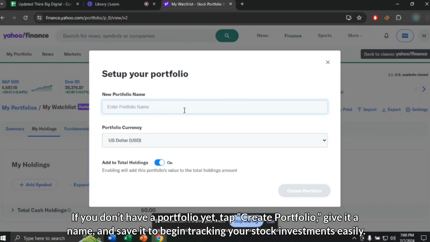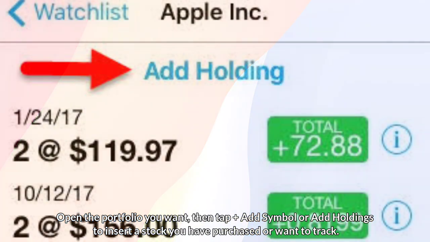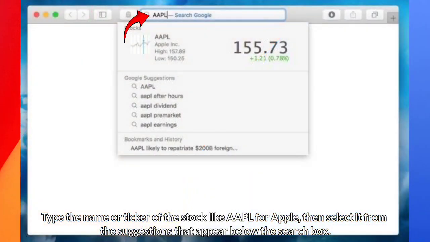your stock investments easily. Open the portfolio you want, then tap plus add symbol or add holdings to insert a stock you have purchased or want to track. Type the name or ticker of the stock, like Apple for Apple, then select it from the suggestions that appear